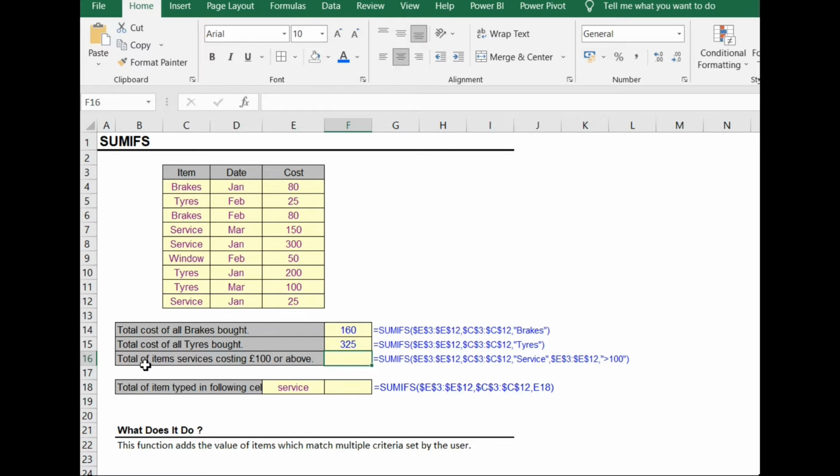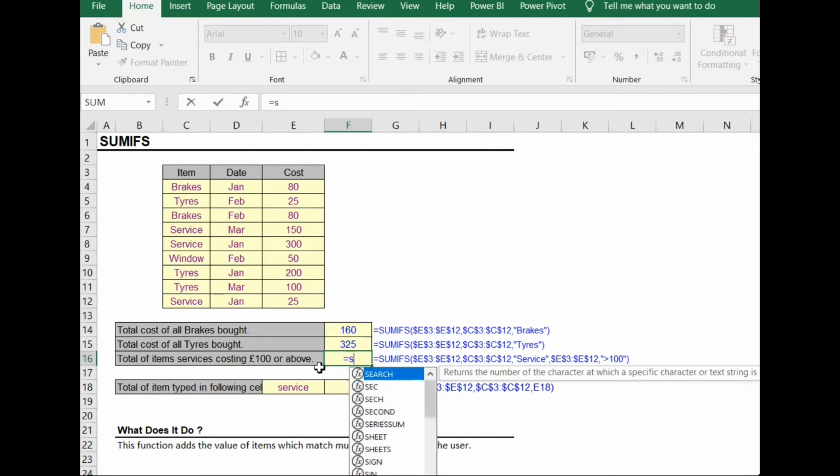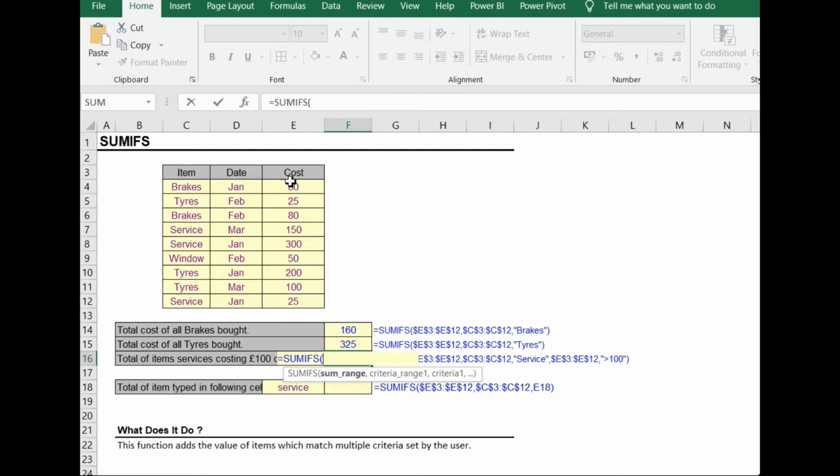And similarly, we need the total servicing cost above 100. Okay, so SUMIFS, sum range will be again same. Press F4 to lock it, comma, the first criteria range is service, so we'll select this column, press F4 to lock it, comma, within quotes, service, quotes closed,